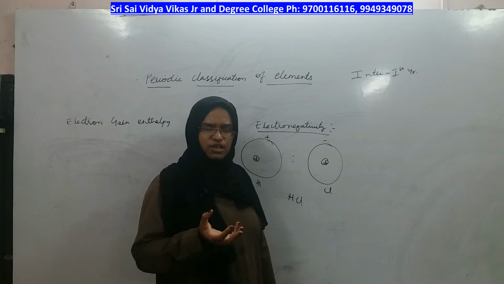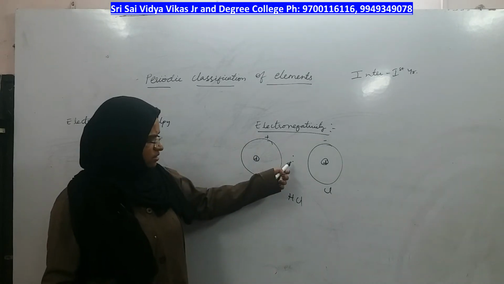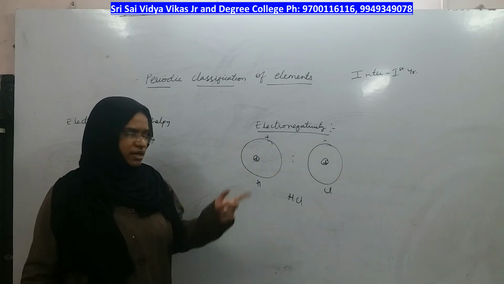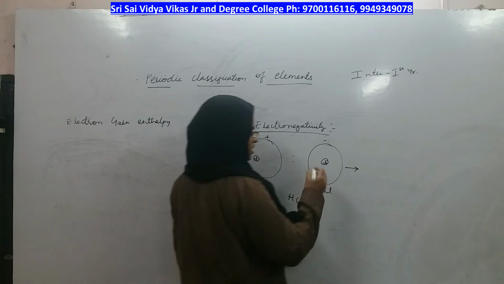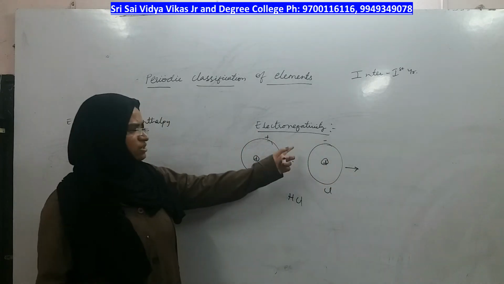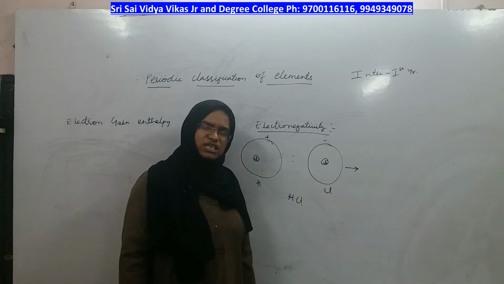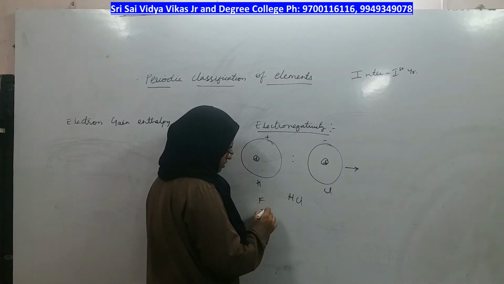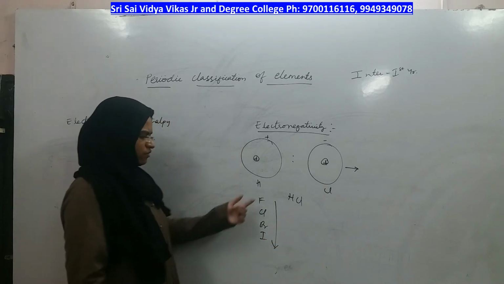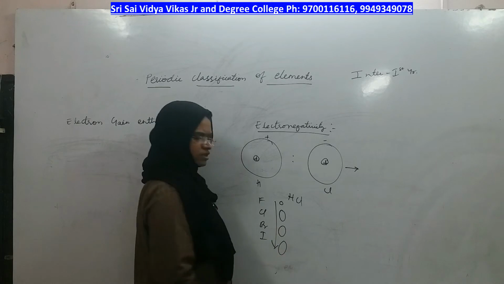If the electronegativity of an atom is more, it will attract the electron towards itself more, and atomic radius is also dependent on electronegativity. This is what electronegativity is. Now in a period and group, how does electronegativity change depending on the size? Let us take an example of halogens: fluorine, chlorine, bromine, iodine. In moving down from top to bottom, what happens to atomic radius? It increases from top to bottom.